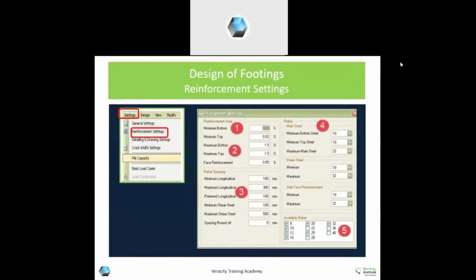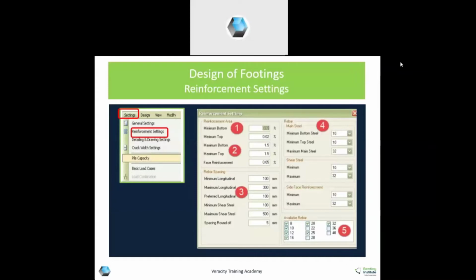Next is reinforcement settings. Here also you can choose minimum, maximum percentage. Side face reinforcement also you can choose minimum, maximum. Bottom steel generally should not be less than 10 mm.